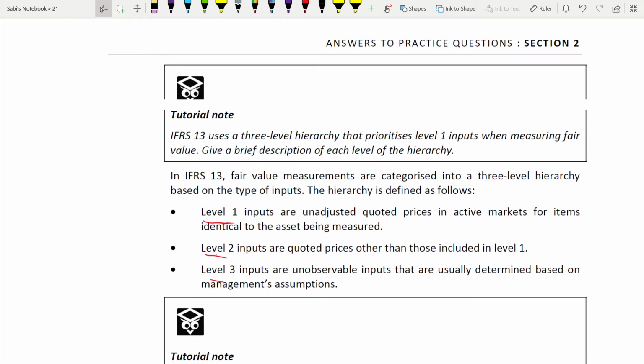They will never ask you directly, okay, what are the three levels of fair value measurement? No, but indirectly you have to write this, because you measure fair value using these three methods only. The three-level hierarchy, I would say. Okay? And briefly you have to explain, not give details and details, no. Briefly, because it's just for 4 marks for each level. One line is enough for each level, okay? And always you have to prioritize level 1 over the other 2 levels.